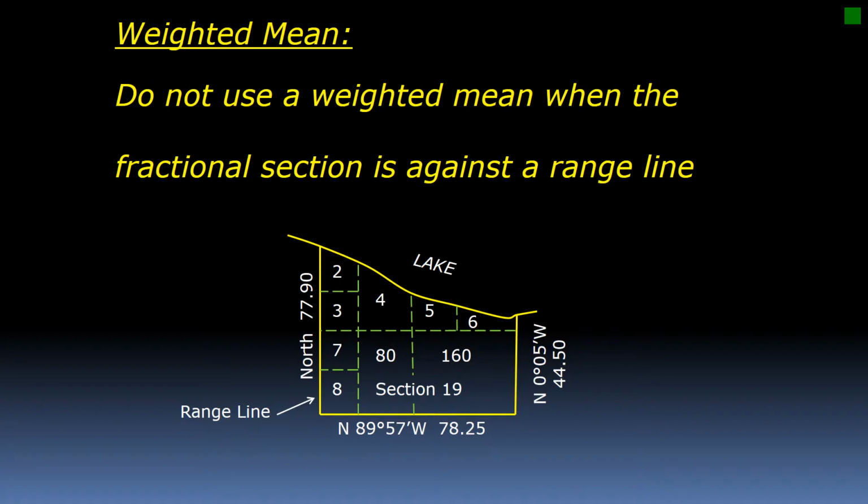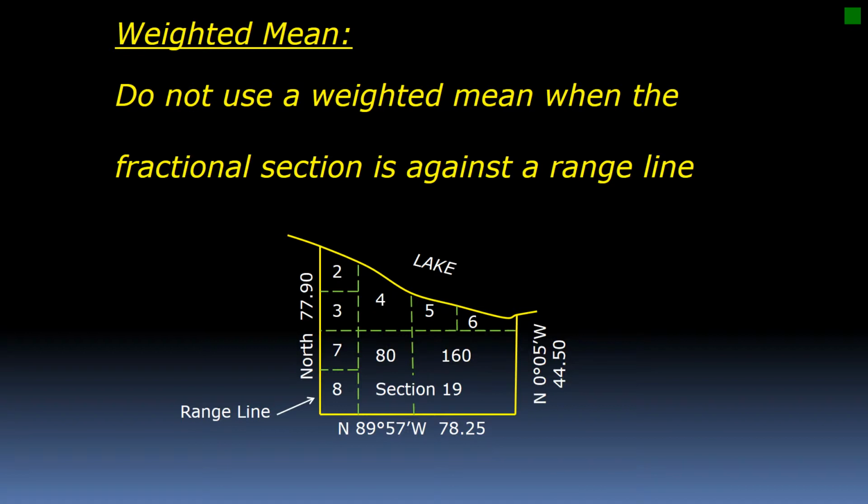Now here's a word of caution. Do not use a weighted mean when the fractional section is against a range line, because the range line was put there first, and we're closing on that range line. So in a case where you have a fractional section where you're closing on a range line and you need to subdivide it, as we can see in our graphic,